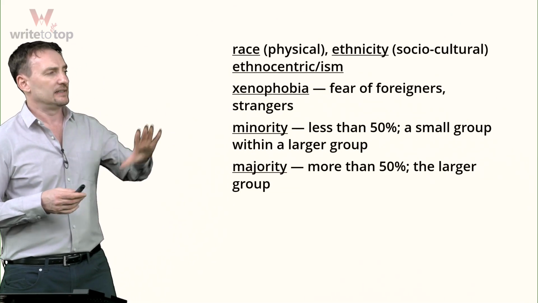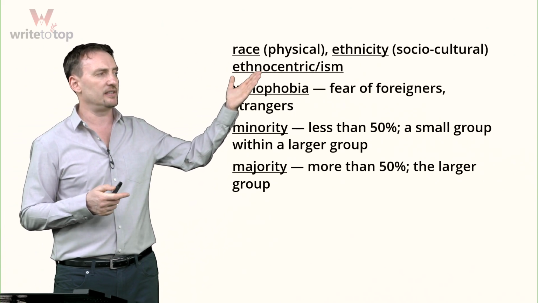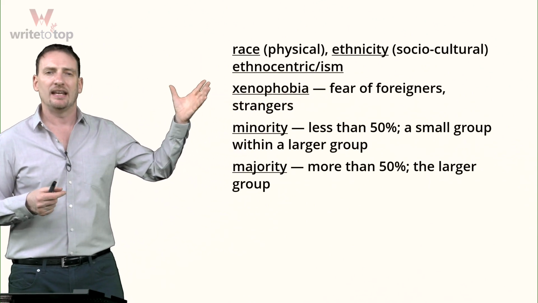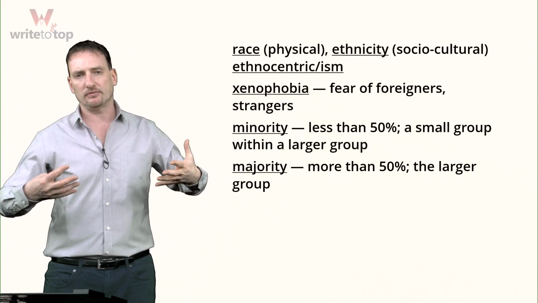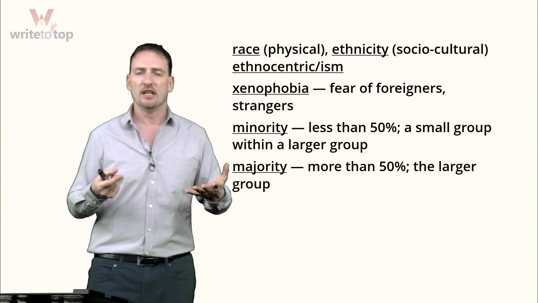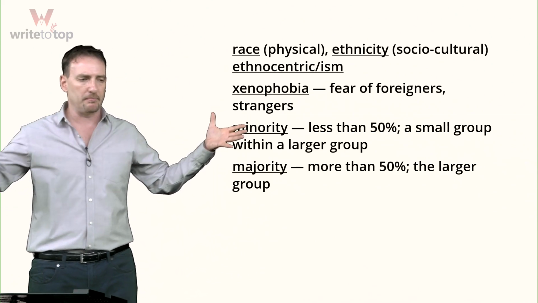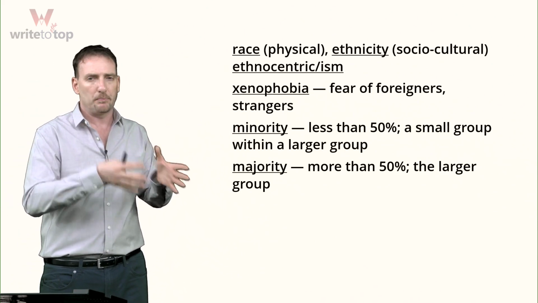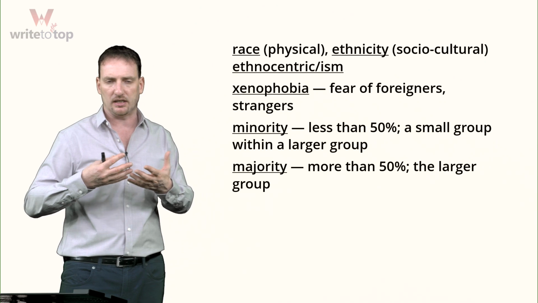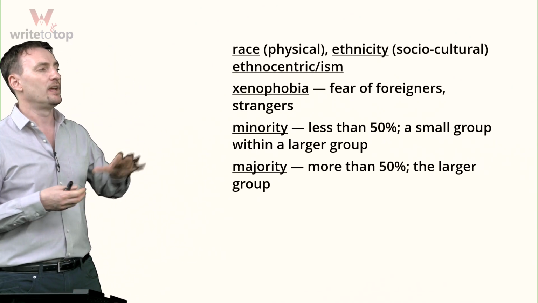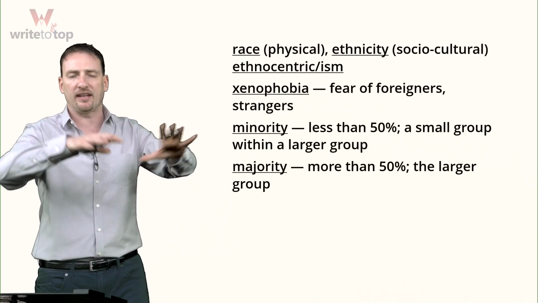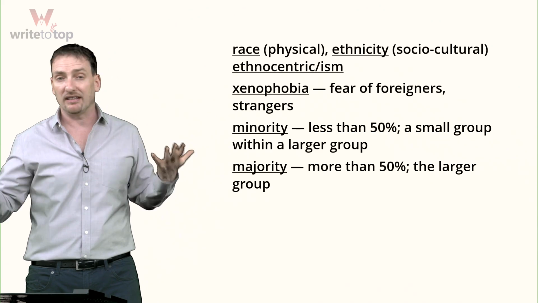Okay. Lastly, we're going to look at race, ethnicity, and ethnocentrism. Race generally is your physical appearance and your physical characteristics. Ethnicity is your socio-cultural. So in one country, you can have many, many people, all of the same race, but of different ethnicities, different tribes with different beliefs, different cultures, different ways of living life, okay? Ethnocentrism, basically doing things according to my ethnicity and thinking that everybody else is wrong or irrelevant.